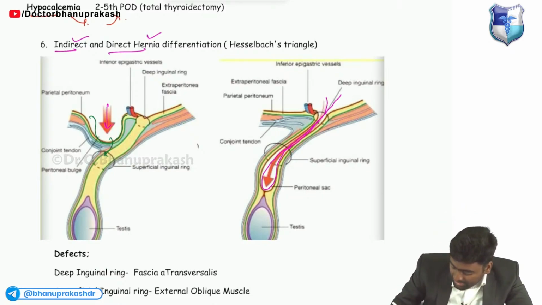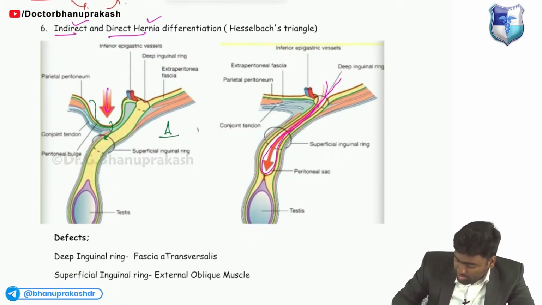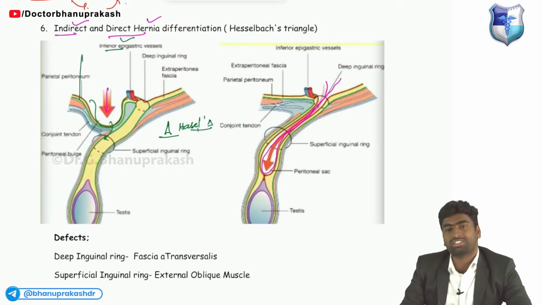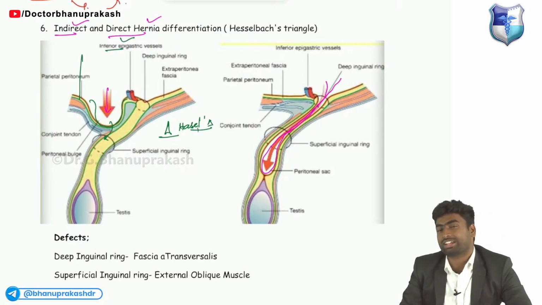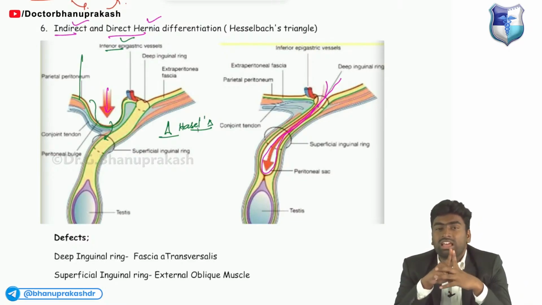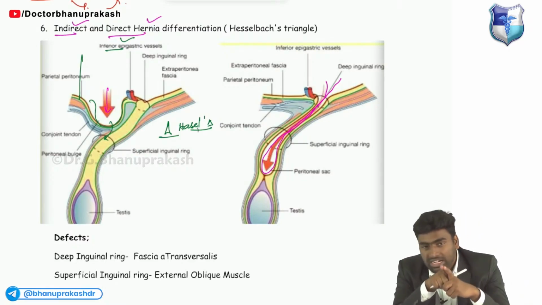और इधर ही एक triangle बनाते हैं. It is known as what? It is known as Hesselbach's triangle. And this triangle is between the inferior epigastric artery and the rectus sheath. Okay, and this direct inguinal hernia passes through Hesselbach's triangle, and it lies medial to it. ठीक है,